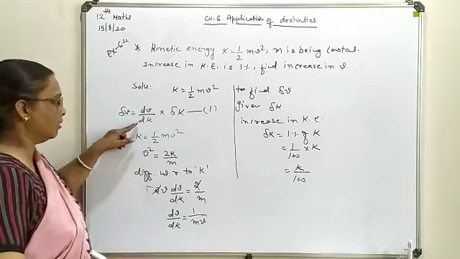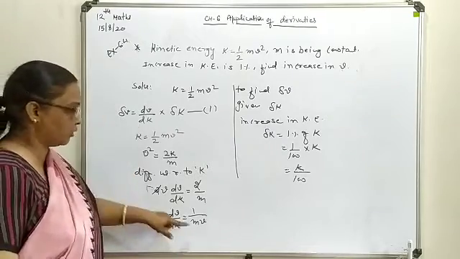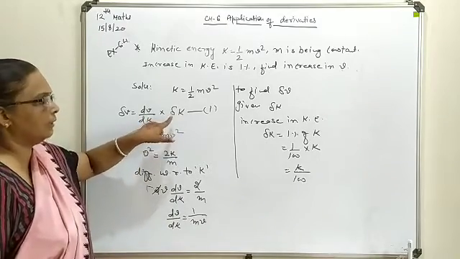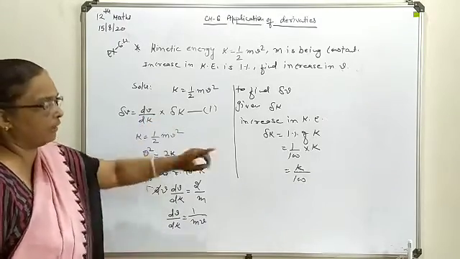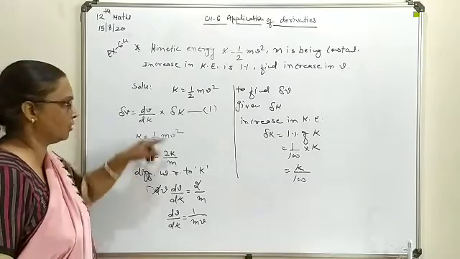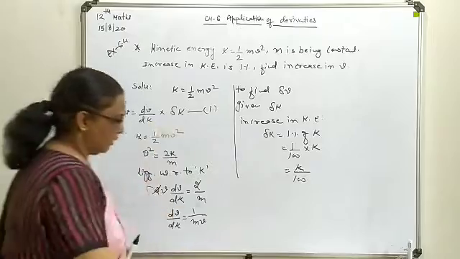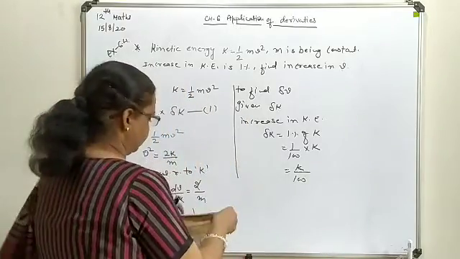Now substitute dV by dK in terms of mV over here, and the increase in the kinetic energy, which you have written in the form of a percentage or fraction, you will write that over here as well. So let's continue with this evaluation.